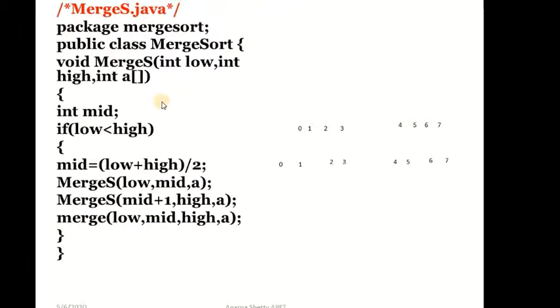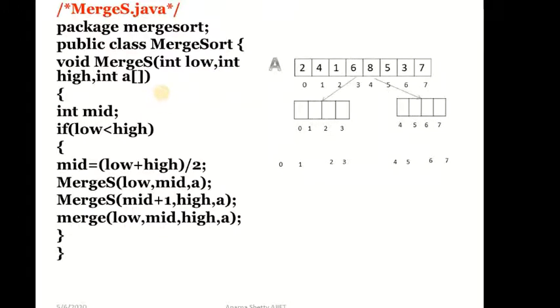Now, before going to the method, forget about this method and just concentrate on this example. Here I have given one small example. Just concentrate on this example, forget about the coding part, we will see it later.